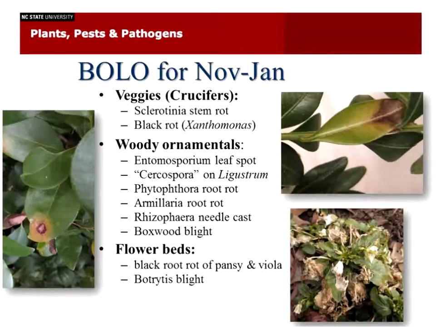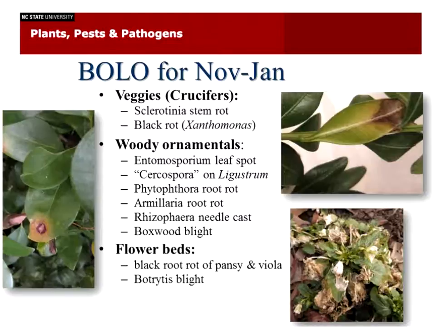Not a serious issue for the long-term health of the plant, but we will be seeing more serious things, of course, as root systems that have been decaying finally can't handle it, and Phytophthora root rot and Armillaria root rot will be causing the decline of some of our woodies. If you're up in the mountains looking at spruces, Rhizosphaera needlecast is something you can still be watching for in the waning months of the year, and we still have to always harp on this idea of watching for boxwood